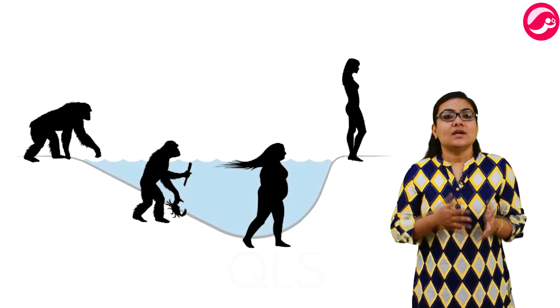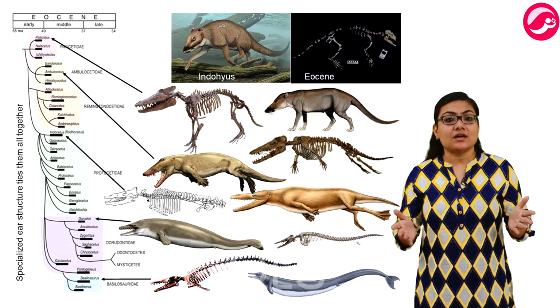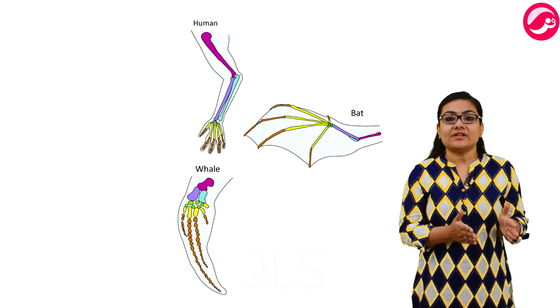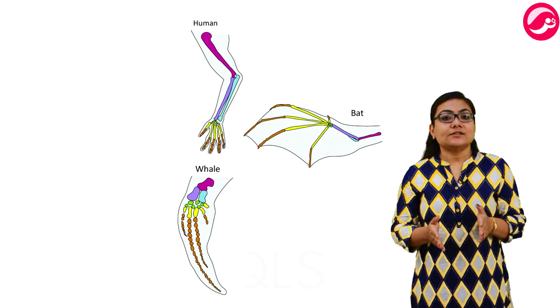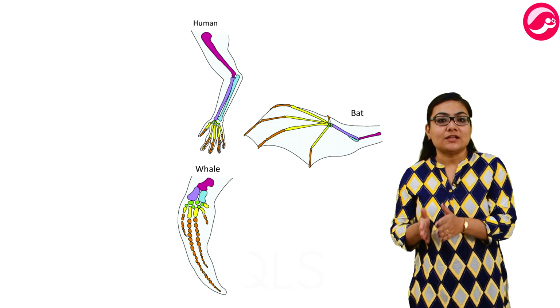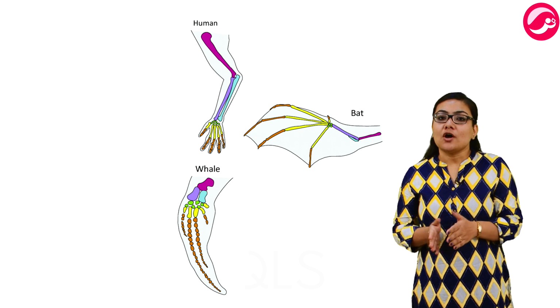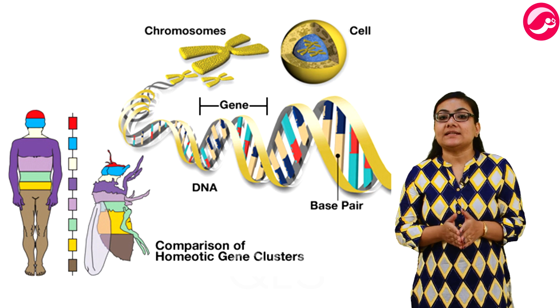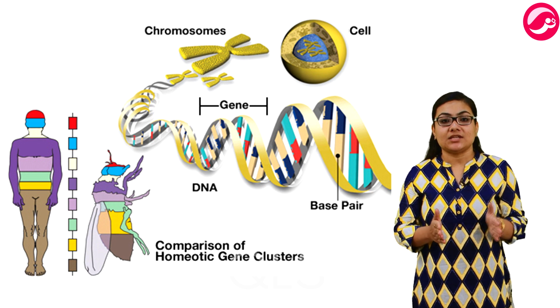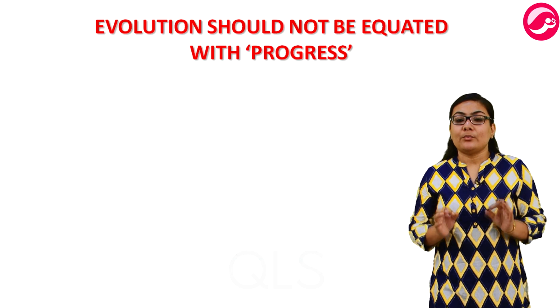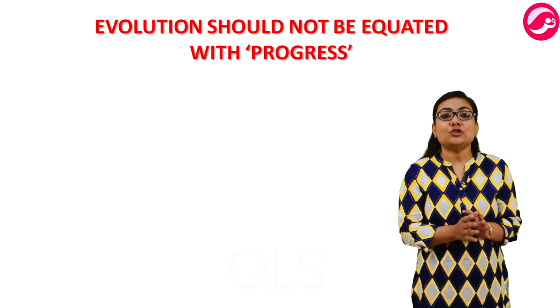In nature too, structures that look very dissimilar have evolved from a common ancestral design. A study of comparative anatomy and fossils suggests that although the wings of a bat, the flippers of a whale and the arms of a man look different, they are anatomically quite similar. Comparing the DNA of different species can directly show us how much the DNA has changed during the evolution of these species.